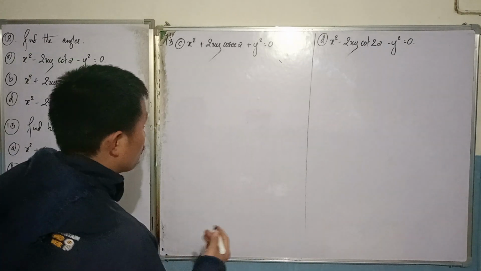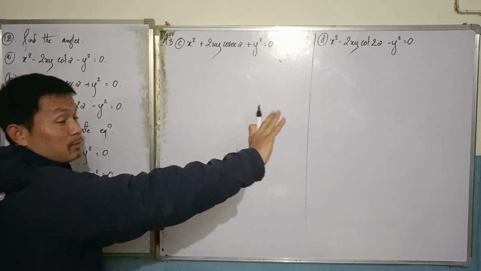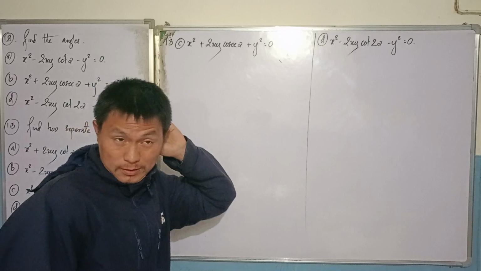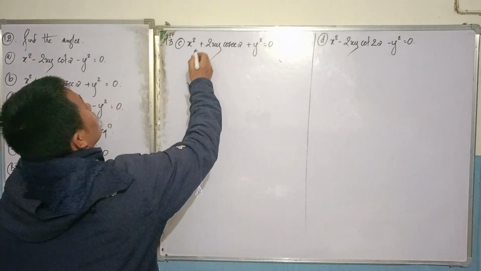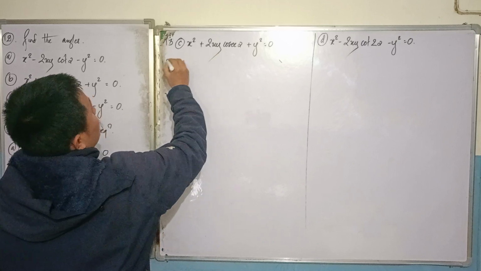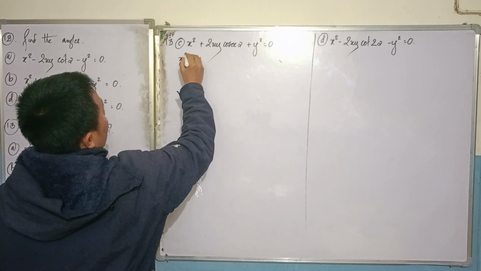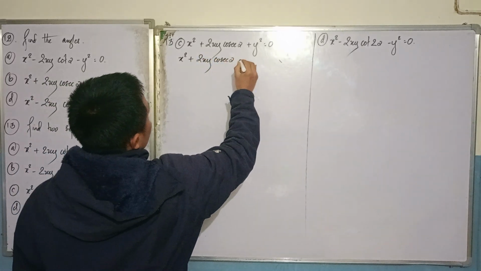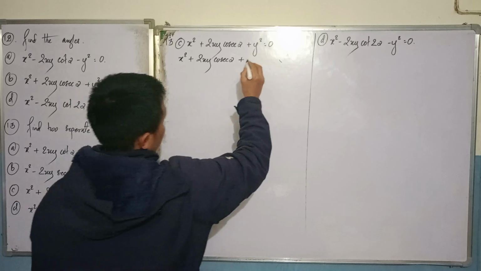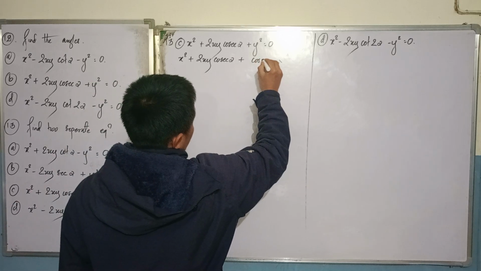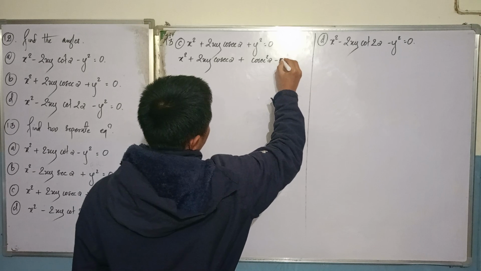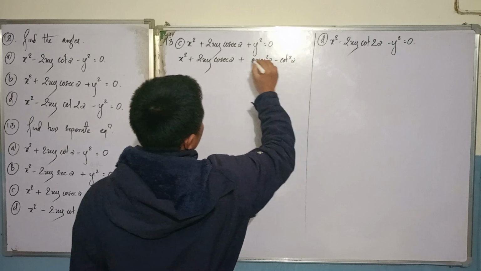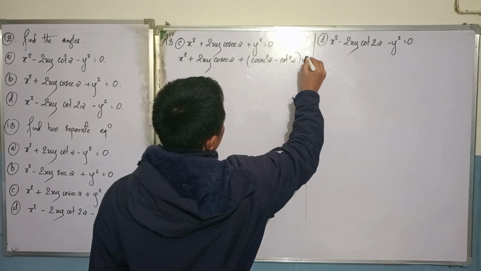Just like in the previous, we are going to do it the same way. This cosec is connected with cot, so we'll be applying that formula. Now here you see x squared plus 2xy. In the case of cosec, nothing here remains, 1. So cosec square alpha minus, cosec is connected with cot square alpha, and there is y square already, is equal to 0,